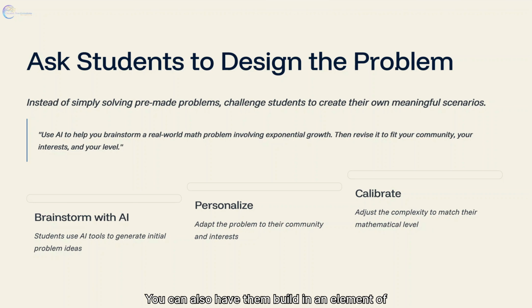You can also have them build in an element of judgment or design. You can ask them, which design is more cost effective and why? What makes your plan realistic or efficient? If you had to defend your solution to a community board, what would you say? You've just added purpose and audience, and this makes cheating nearly impossible because the response must be personal, reasoned, and